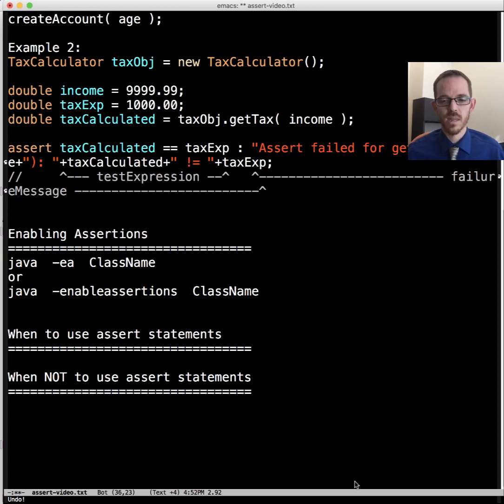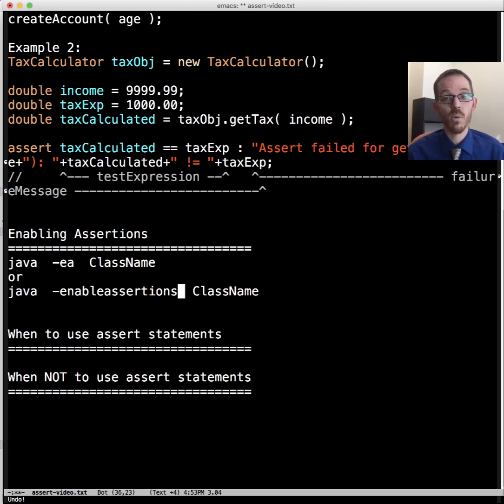A very important thing to remember about assertions is that they can be disabled, and they are disabled by default. So we should never assume that they will be executed. Don't put code that you're depending on to execute in an assertion statement. They should only be additive. They should only be extra to verify assumptions and things.